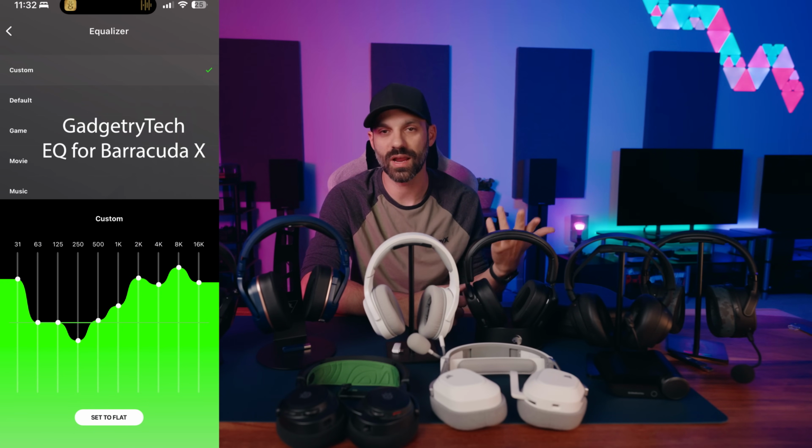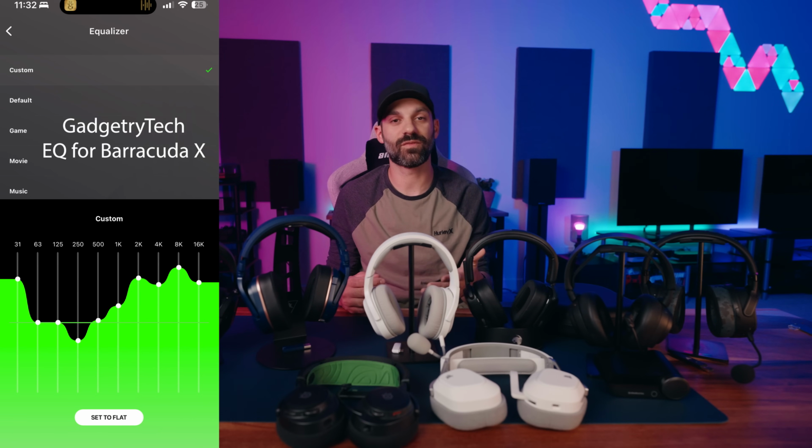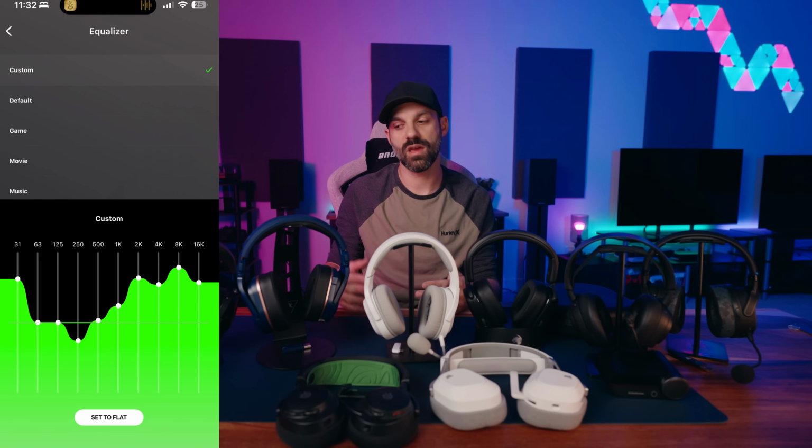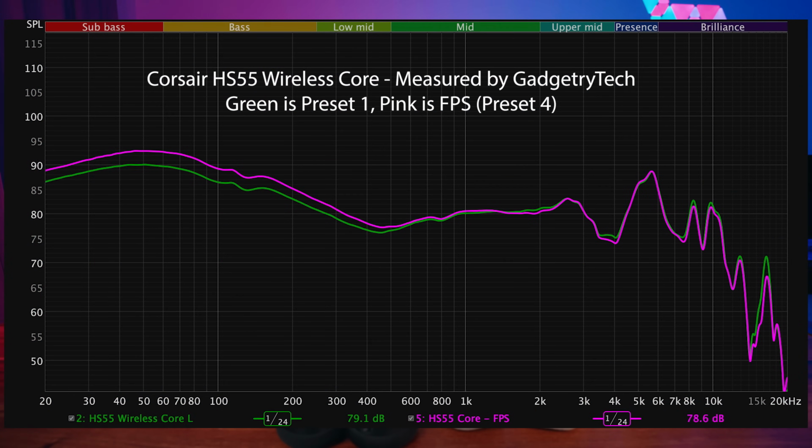There's like a 10-band or 8-band equalizer to fine-tune the sound to your liking. It gets fairly loud, and it sounds pretty good. My edge in overall sound quality goes to the HS55 Wireless from Corsair because they use...